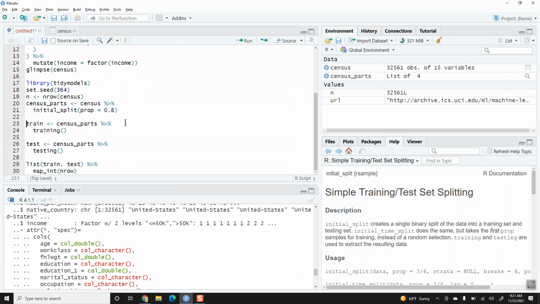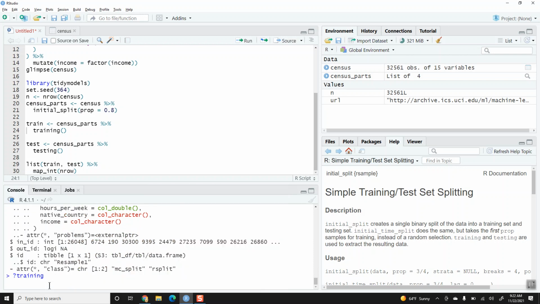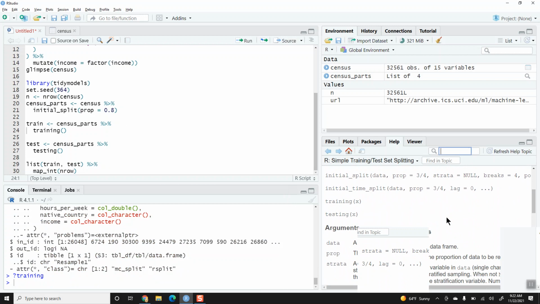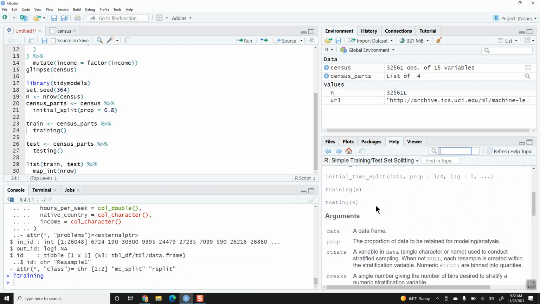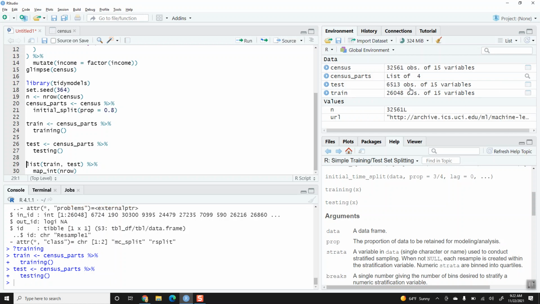and from census parts we can call training, which is going to take the training section of census parts. Okay, and then the testing portion. So we're going to create a training data set, and you can see training took around 26,000 of these rows, and the test will do the remaining 6,500. All right, and so now we've split these,